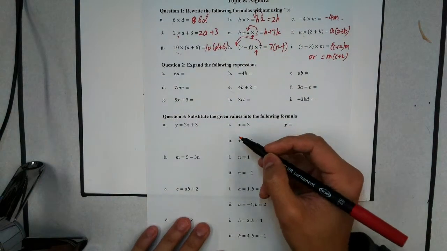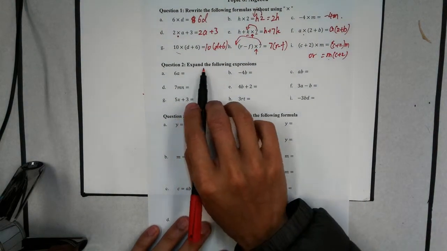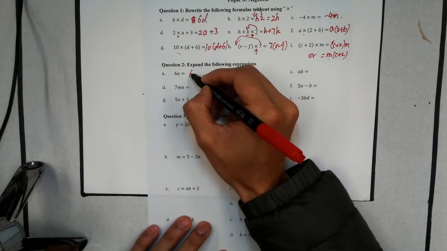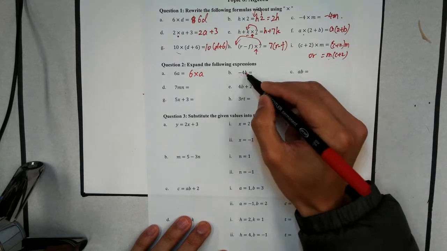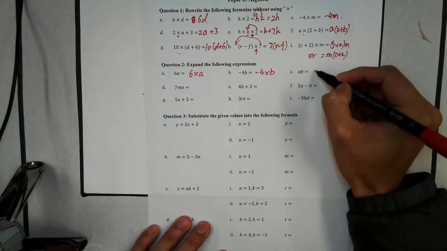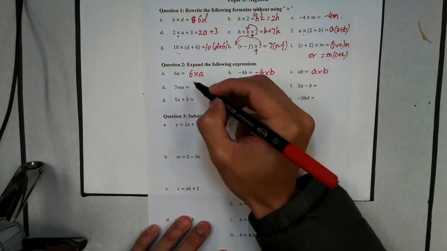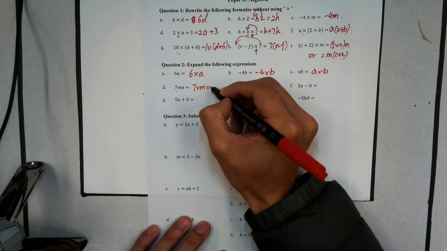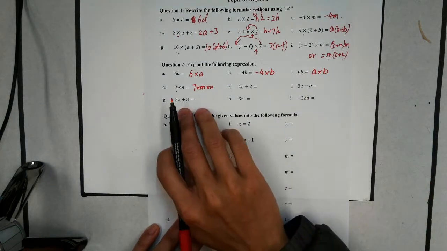So next one is we rewrite this in the expanded form. Expanded form is just 6a is 6 times a. Negative 4b is negative 4 times b. ab means a times b. 7mn is 7 times m times n. So we need to expand all the